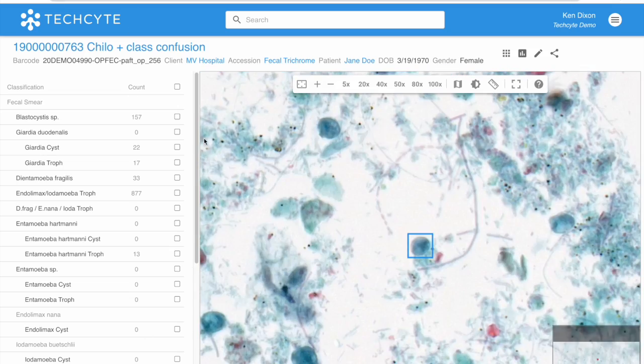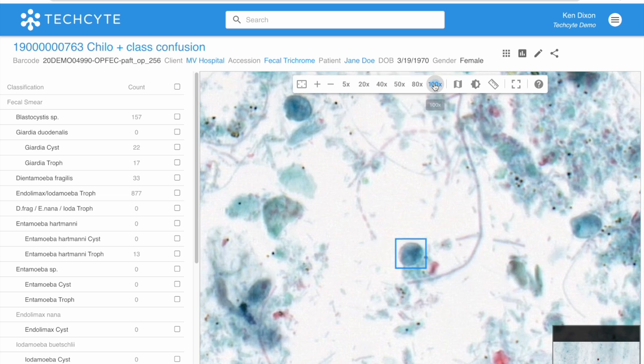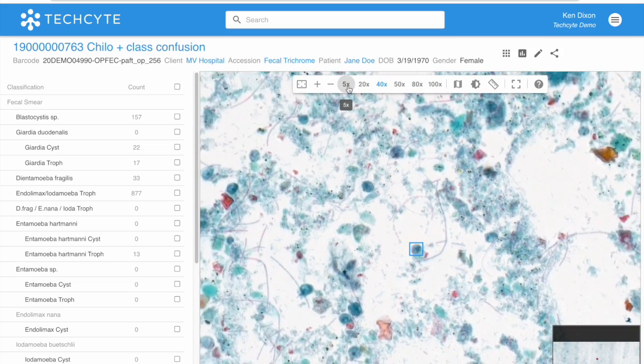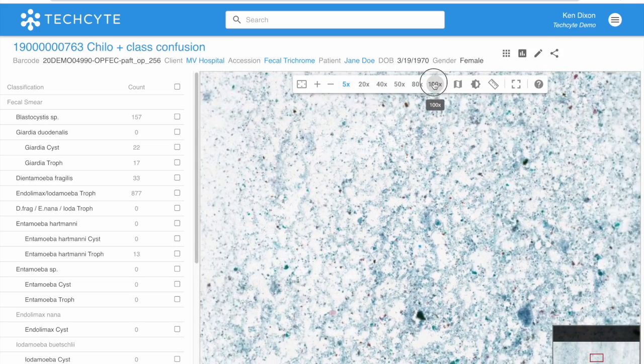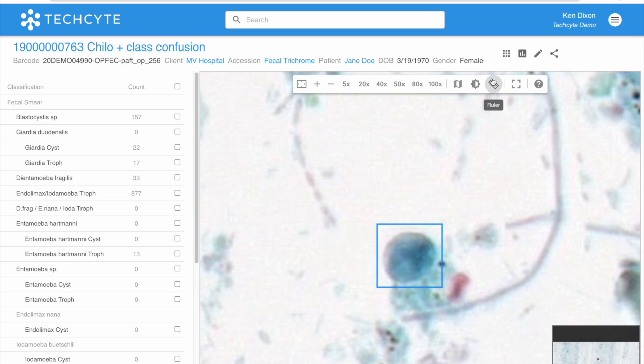Okay, so then we're in this menu bar at the top, we have the ability to select different magnification levels when we're looking. So rather than use our mouse wheel, we can say I want to see it at 100x, 80x, 40x, 5x. Okay, and then the other thing that's nice is I can look at this,